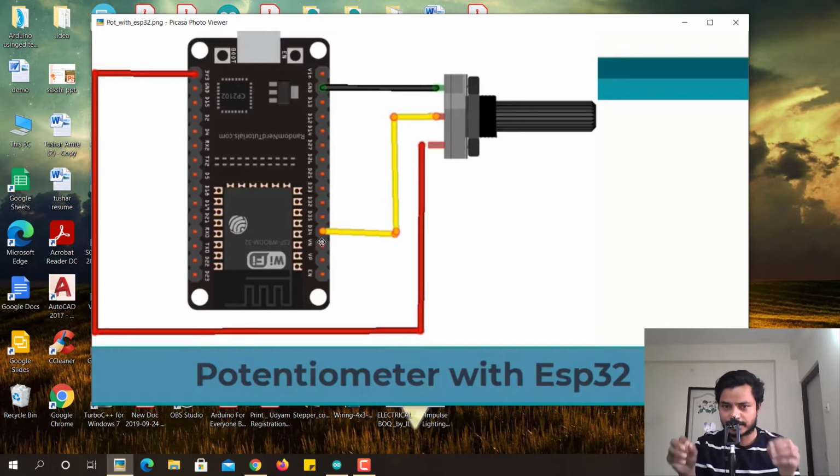So this is very simple connection. The same connection you can do for the moisture sensor. For example, if I remove that potentiometer, then I can connect the moisture sensor module the same way. Like the analog output of the moisture sensor module is connected to the 34 pin of the ESP32 board.